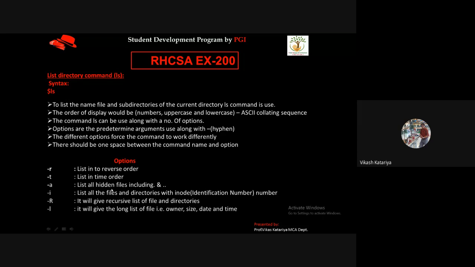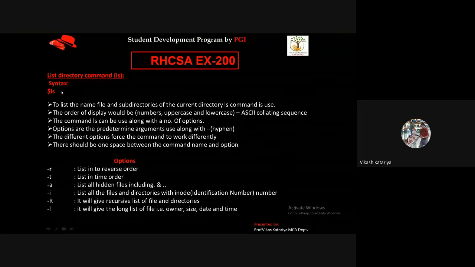If you want to display all the hidden files, that means sometimes we create files with some special symbols. It may start with an underscore, it may start with a dot symbol, a file may start with a double dot symbol. So we can choose any special symbols when creating a file.